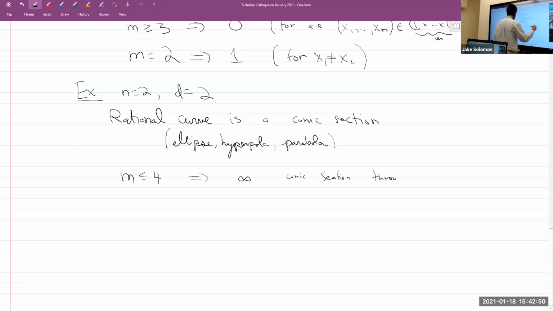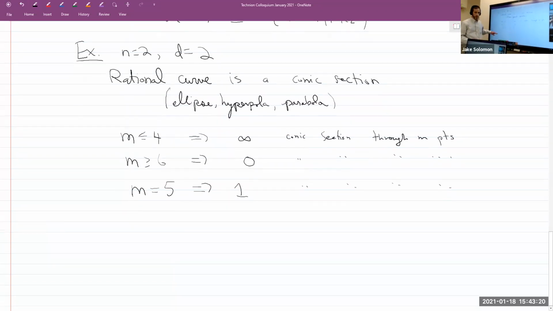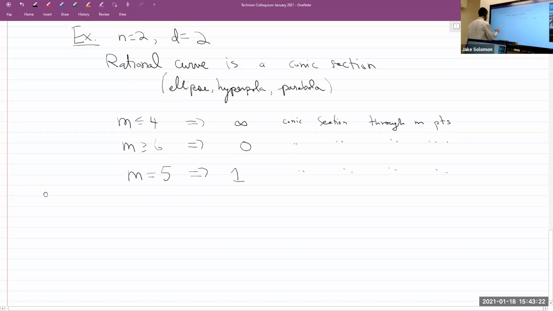And if we have m greater than or equal to 6, we get none. Again, I'm assuming, aside from a set of measure 0, I'm not going to repeat that too many times. And when m equals 5, I get exactly 1. Okay, so we see a pattern here. The general case is, and this is again elementary,